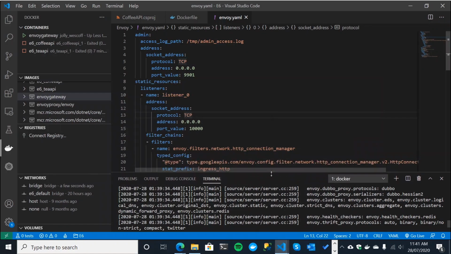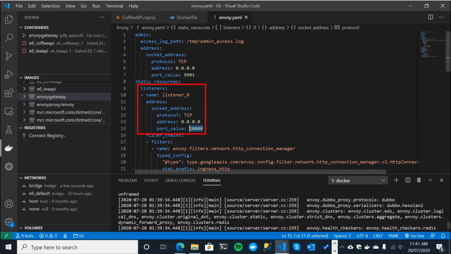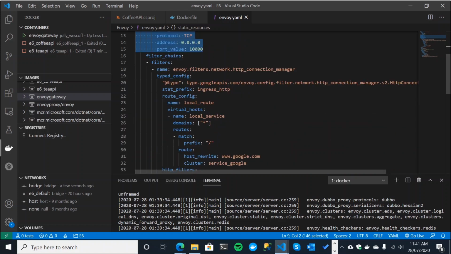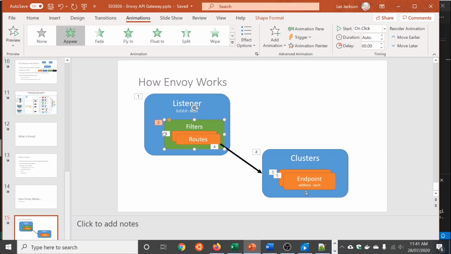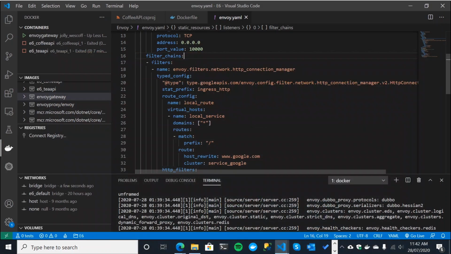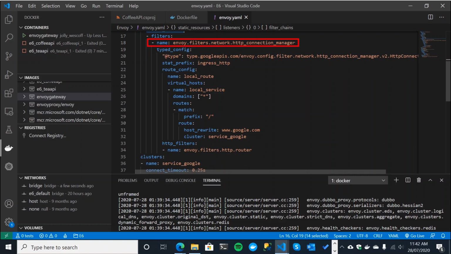Now coming back to our YAML file, we had one main listener, which is pretty obvious stuff. Listening on any address, on port 10,000. There's quite a lot of fluff here, but ultimately, coming back to our diagram, it's all necessary fluff, I hasten to add. We define a filter, and then we define a route within the filter, or multiple routes. You can have multiple filters as well, obviously. So you have a filter chain, which can have multiple filters. We only have one at this stage. You give it a name. It needs a type, which specifies what type of traffic it should be looking for.